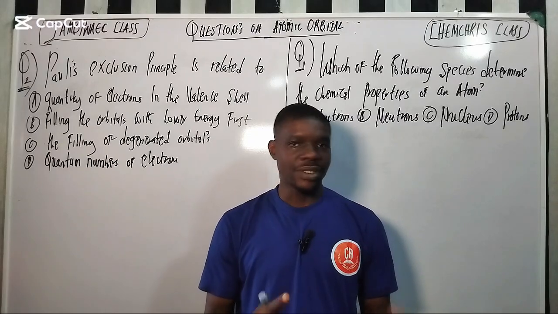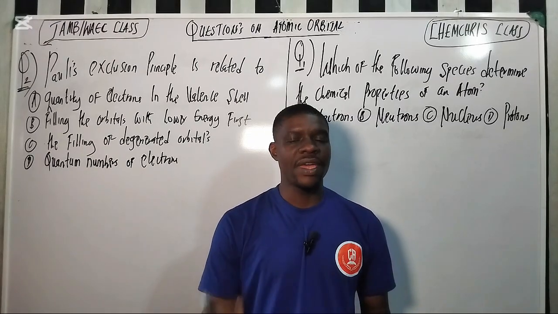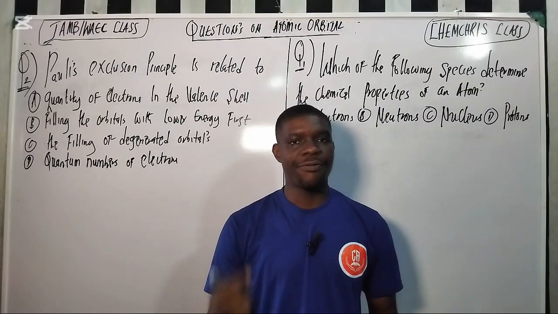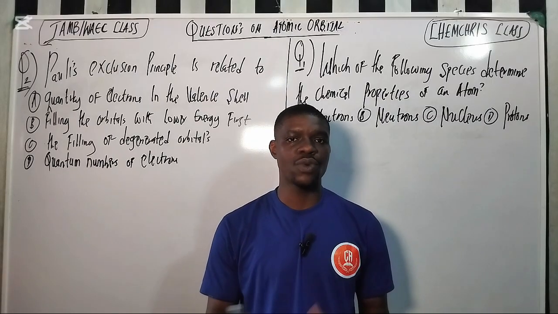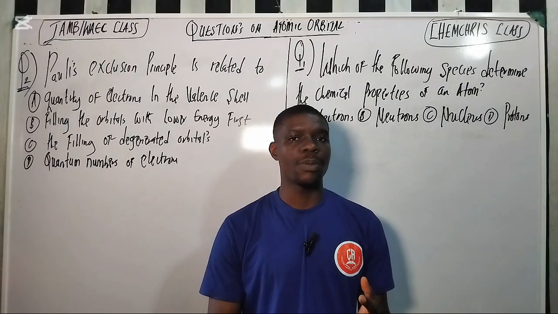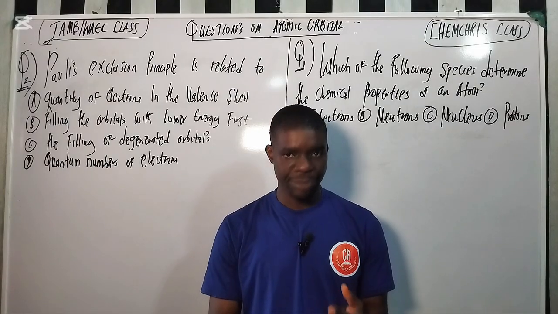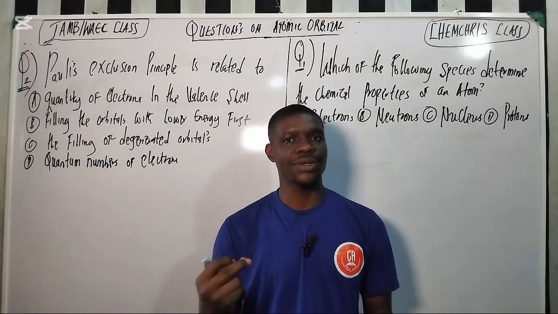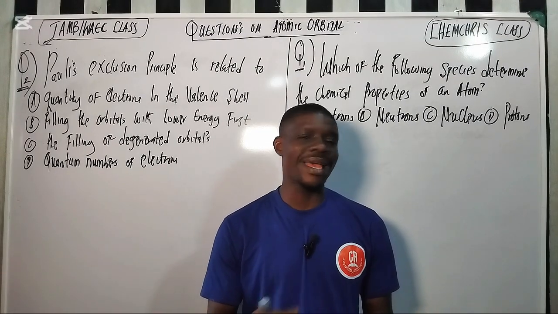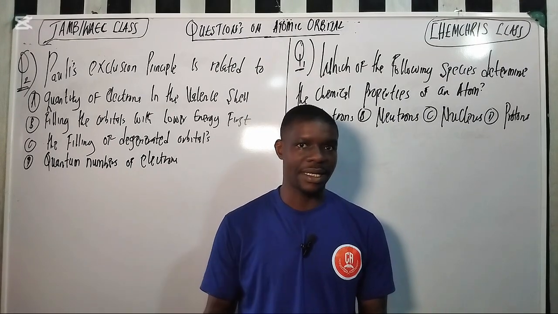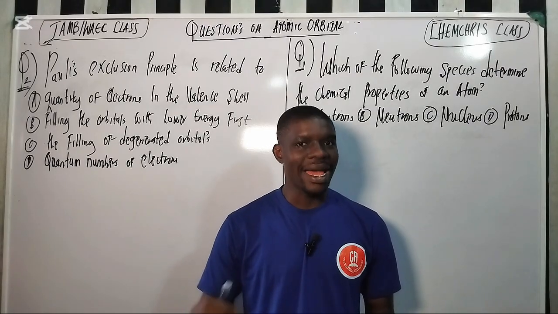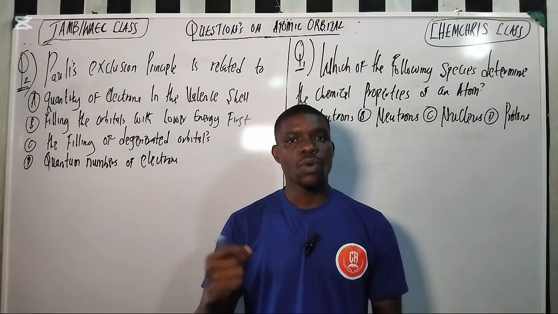Hey everyone, raise your hands if you have ever looked at a chemistry past paper and felt your brain freeze when you see a question about atomic orbital, quantum number, and mass spectrometer. Yes, I thought so. You are not alone. This topic feels abstract and complicated, but what if I told you that JAMB and WAEC have the same core